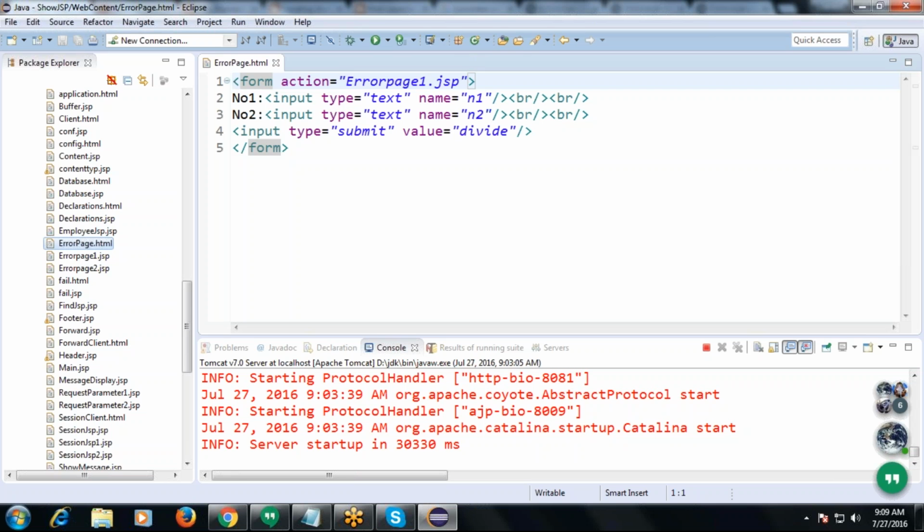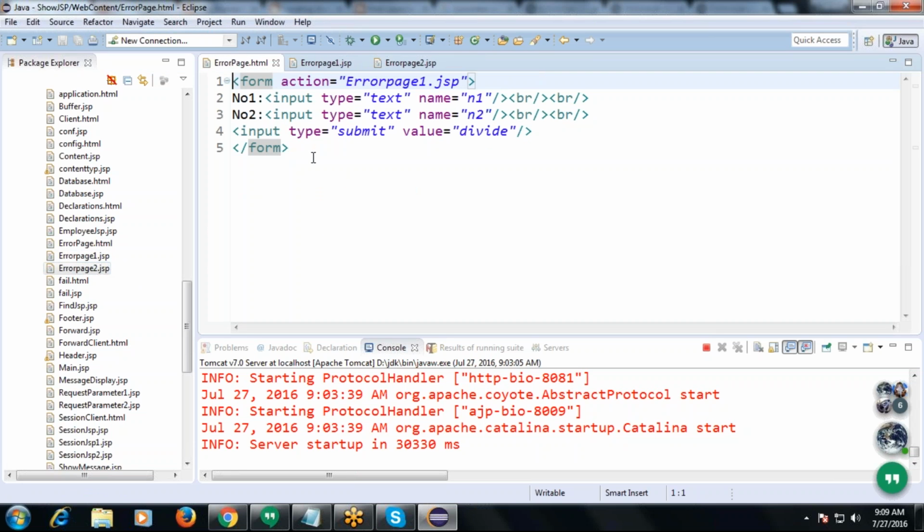So if we want to represent abnormal termination of a program, then we can handle it with exceptions. So how can we handle exceptions in the case of JSP? Just see this.